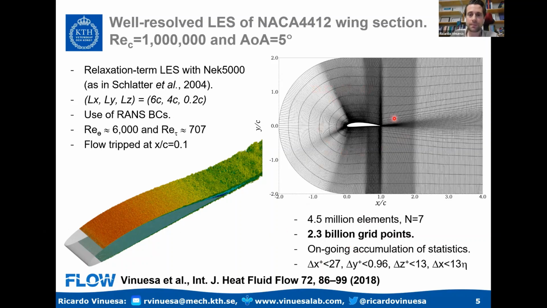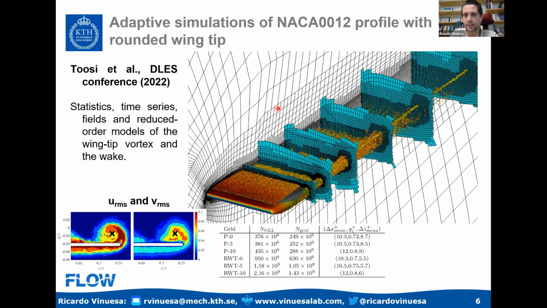But of course, conformal meshing presents some limitations. I mean, there are very high aspect ratio elements in the far field that limit the capabilities in terms of Reynolds number that can be achieved due to very high pressure iteration counts. And therefore, it's convenient to go in the direction of developing more sophisticated meshing strategies with basically non-conformal meshing and adaptive mesh refinement strategies. This work was presented by Siavash Toosi in the ELIAS conference, and here you can